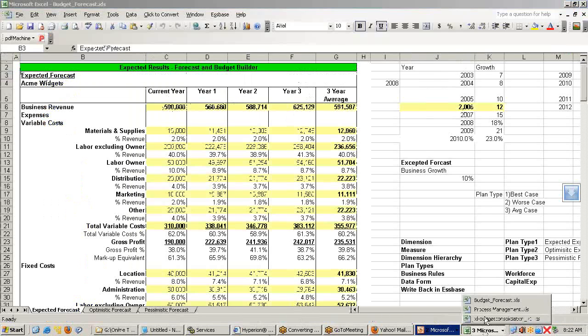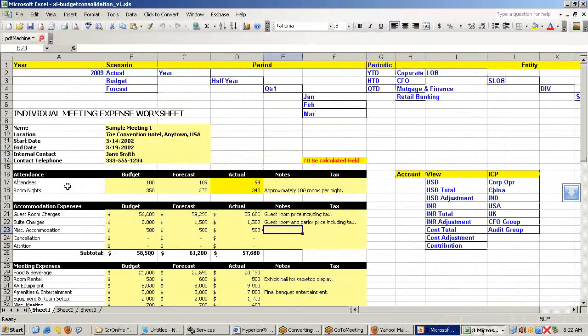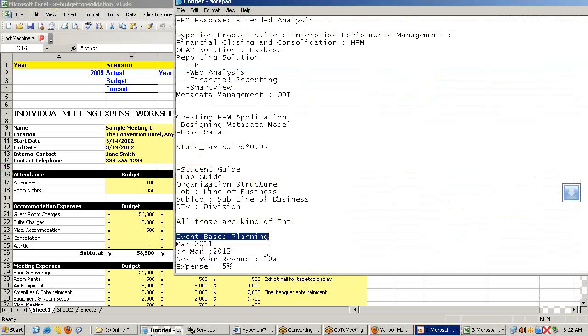Okay. So this Excel sheet is talking about various kinds of expenses in the future, which is related to the meeting expenses for the organization. Now if you look, there are 3 columns: actual, budget and forecast. They are business scenarios. Now actual means actual expenses.